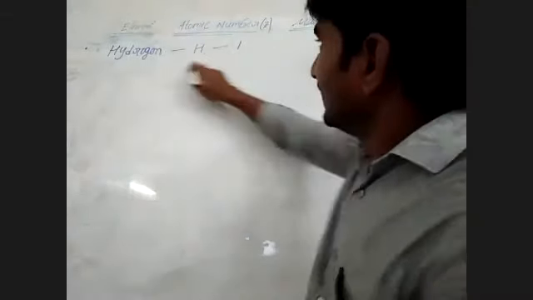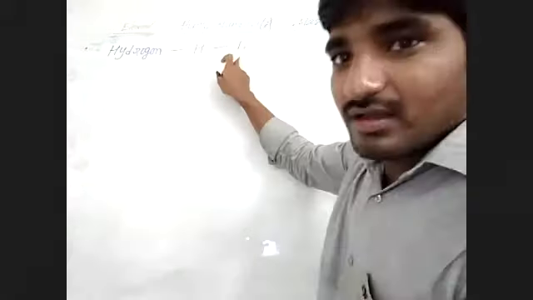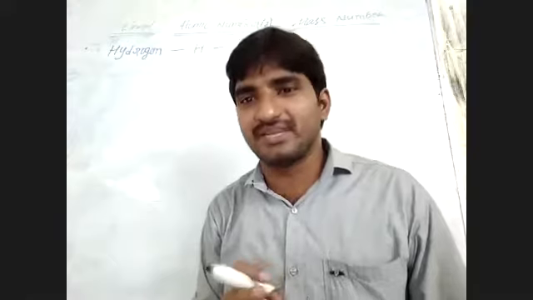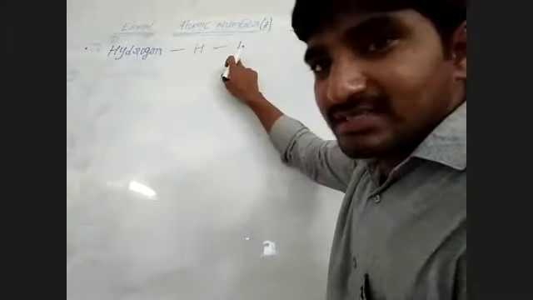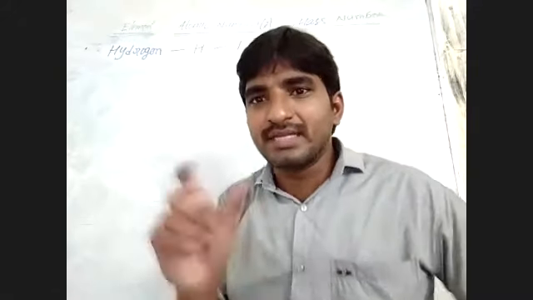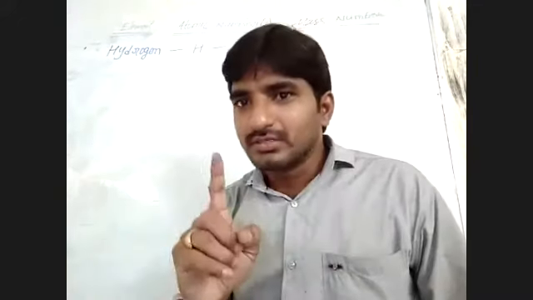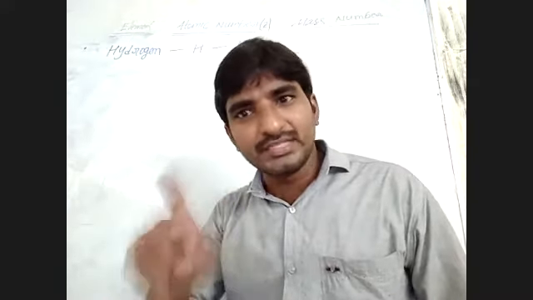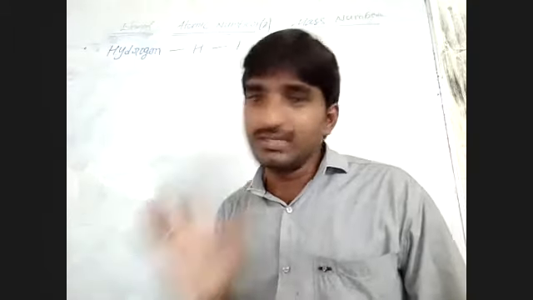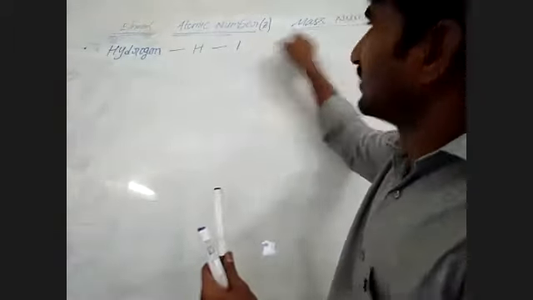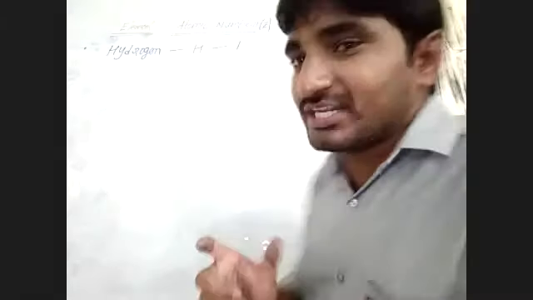Now, the atomic number is either an even number or an odd number. Whenever the atomic number is even, multiply by 2 to get the mass number. For example, if the atomic number is odd, the formula is atomic number into 2 plus 1. For example, 1 into 2 plus 1 becomes 3. But here there is a special exception, hydrogen, the only element.